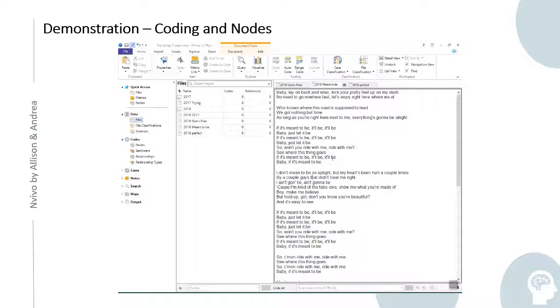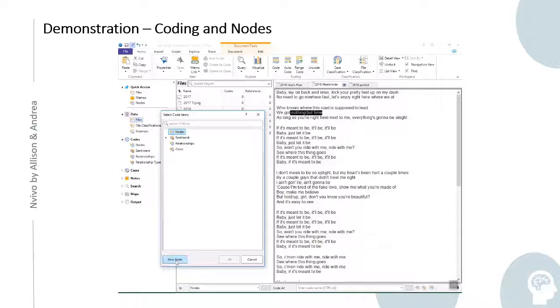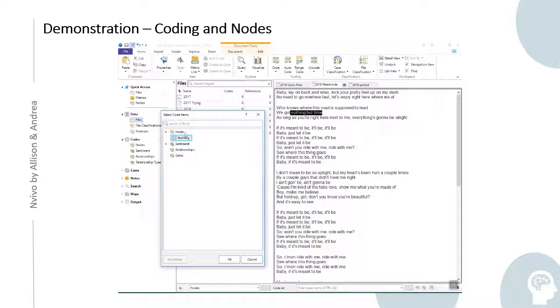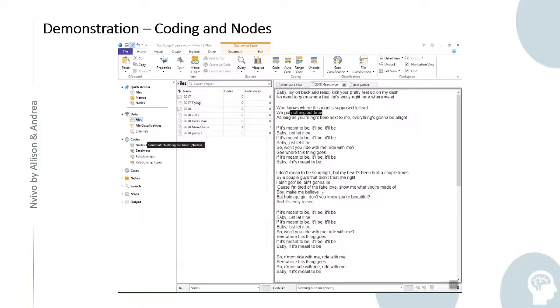Now we're going to walk through a coding demonstration. So you would select the file of interest and make sure that it's in the tab that's at the top. You would select the text that you want to look at, and you would select code, and then code again, and you'll get this pop-up. If you go down to the bottom, then you can say new code, and you can enter whatever you want to put in. Now during this screenshot, you'll see that I got this pop-up asking me to save my file because it had been 15 minutes, and that will just happen every 15 minutes while you're working. You go back and enter your node information, and say okay, and then you could go to the next section